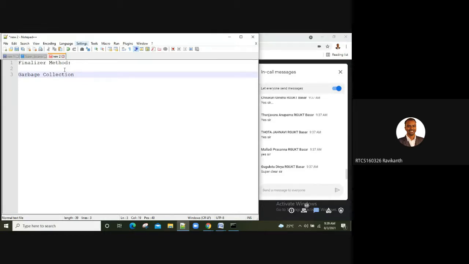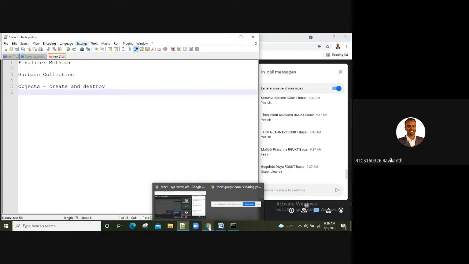Usually we create objects in Java programming, so it will keep track of all the objects which we create and destroy. Why? Because objects are allocated memory in the heap memory, and when they are no longer required, the memory has to be reclaimed. We are creating a lot of objects. Just now we have created 3 objects.